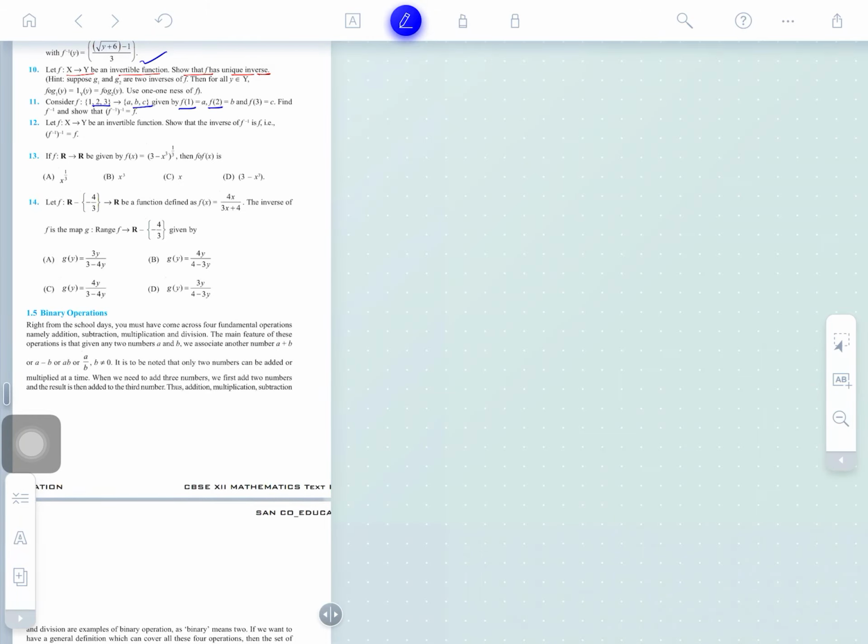Solution number 11. Clear? Since the function from {1, 2, 3} to {a, b, c} is given as